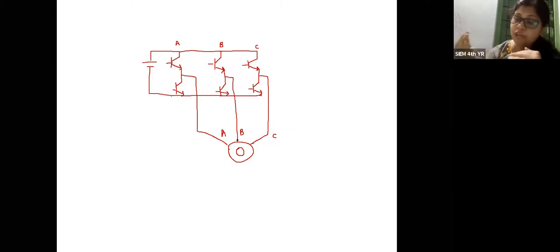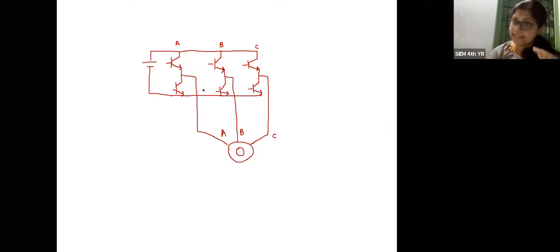So for this circulating current, to create the closed path, we have to provide a circulating current path, and that's why we have to use six separate diodes. Six means there are three arms, so in each arm there should be two diodes. These diodes should be connected in parallel with the power electronic switch.